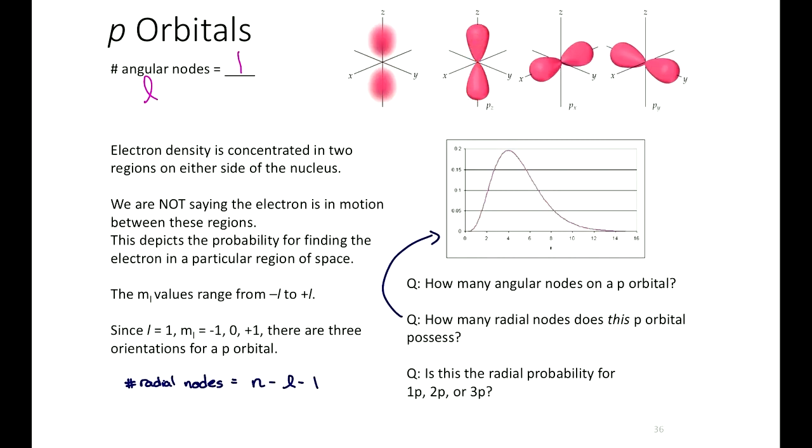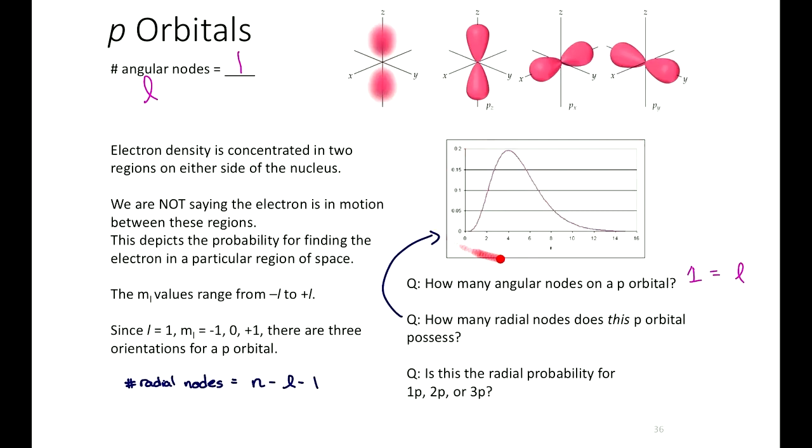Some students have the misconception that electrons are moving in a dumbbell shape or a figure 8 shape. They don't do that. They're not swapping from top to bottom either. I'm just trying to say you have an equal probability of finding an electron either above or below the axes here. That's all I'm trying to say. It's not moving between both sides. All right, so p orbitals have 1 angular node. So that's the answer to this first one. There's 1 angular node because that's the L value.